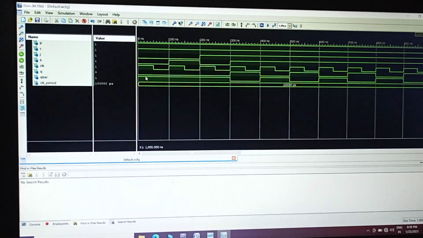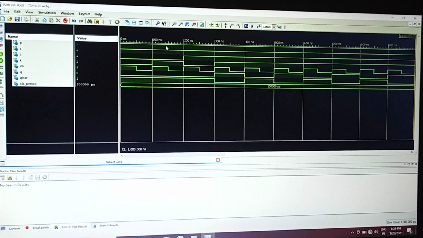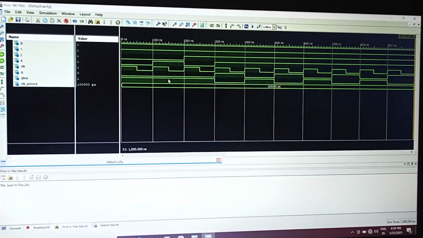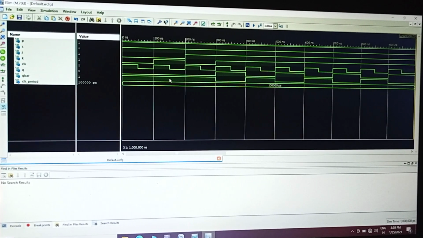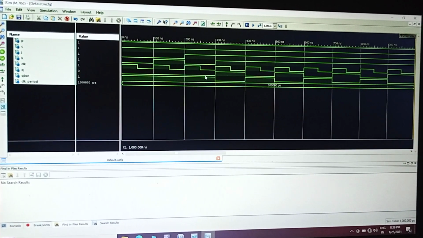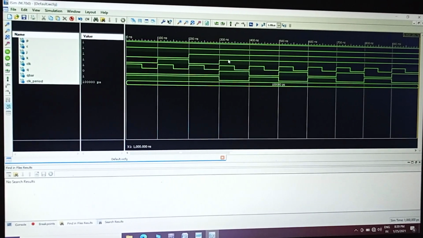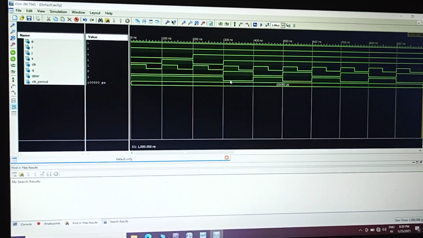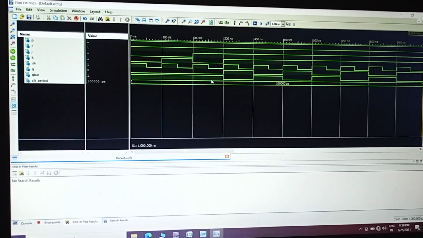Output is Q 0 and Q bar is 1. When this is 0 1, again Q is 0 and Q bar is reverse value 1. And when JK values 1 and 1, then the Q value is 1, Q bar becomes 0. This is what the output for master slave JK flip flop.